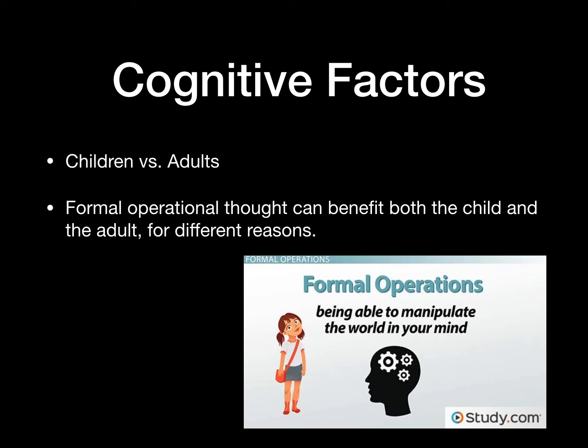Cognitive factors with children versus adults. The main thing is formal operational thought, which is something brought on by Jean Piaget. He stated that between the ages of 11 and 16, you reach the stage where you can think more abstractly, be able to process material in different ways than before, and create ways of learning for yourself. Before you reach this stage as a child, there is evidence that states this is easier when children don't have formal operational thought because everything is clearer to them, and they don't have the abstract thinking in their way.